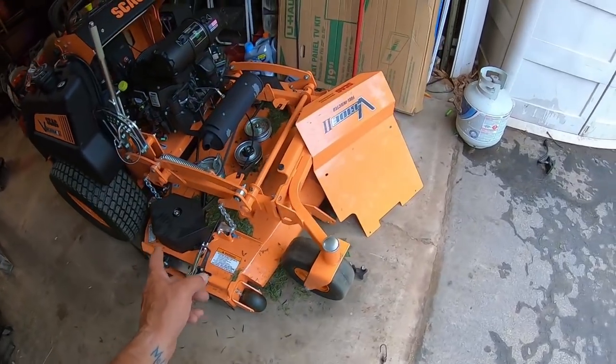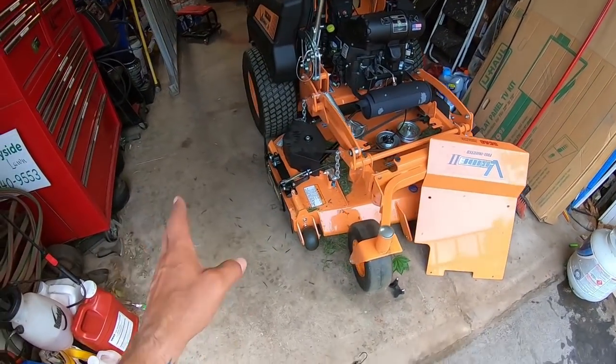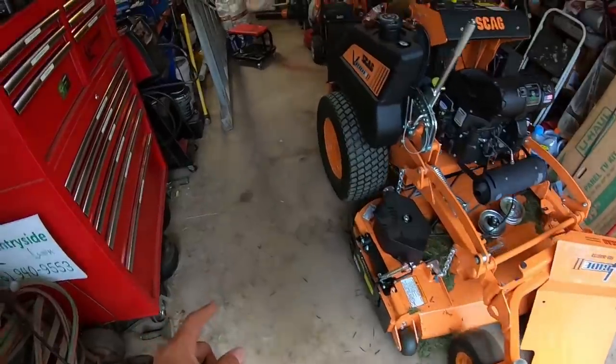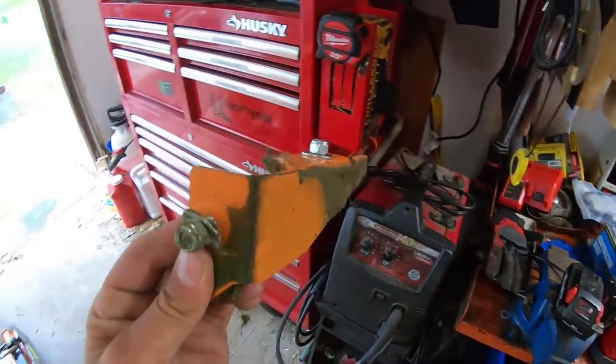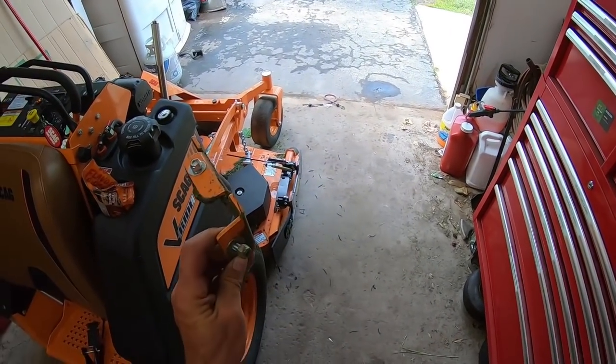But now it's done and I'll be super happy to have that chute blocker on there and to have that other baffle. Let me show you guys with it out. This is the baffle I was talking about that bolts inside there. And like I said, it's